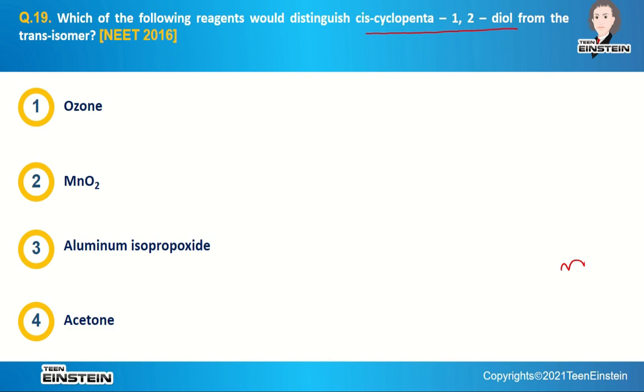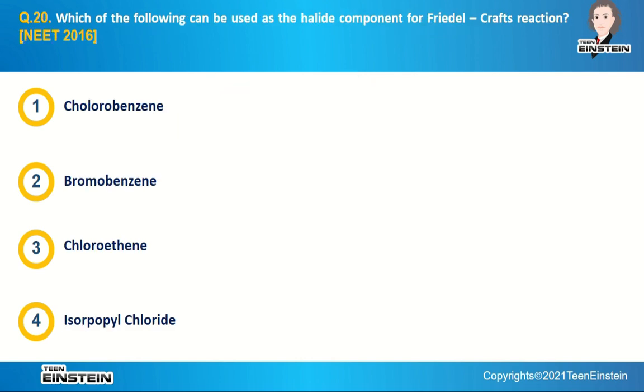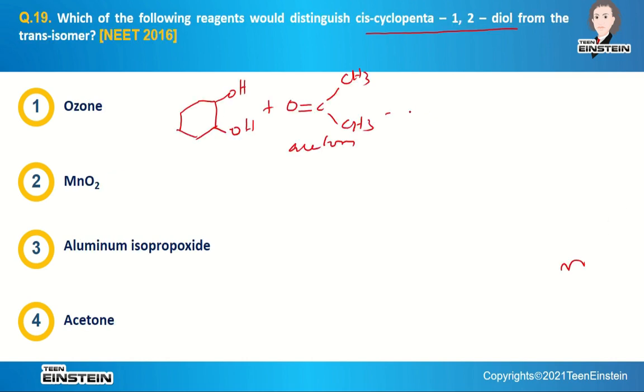The cis form of cyclopentane-1,2-diol, when it reacts with acetone, forms a cyclic compound,